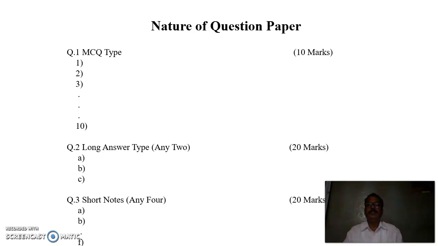You have total 20 experiments for BSc First. There are total 20 experiments. These 20 experiments are grouped into 2 groups. That is, group first and group second. In group first, there are 10 experiments, and in group second, there are 10 experiments. You have to do 1 experiment from each group. That is, in BSc First practical exam, we have to do total 2 experiments.